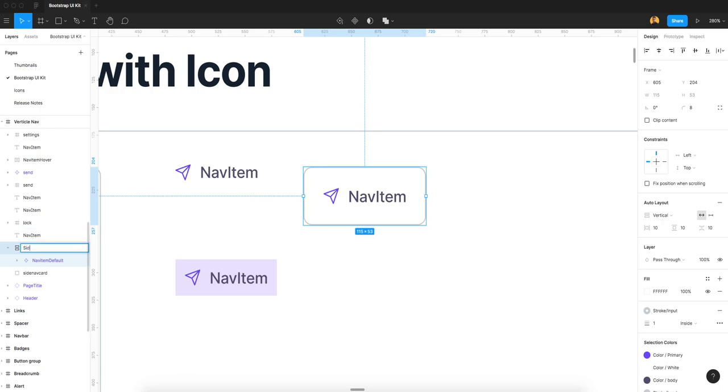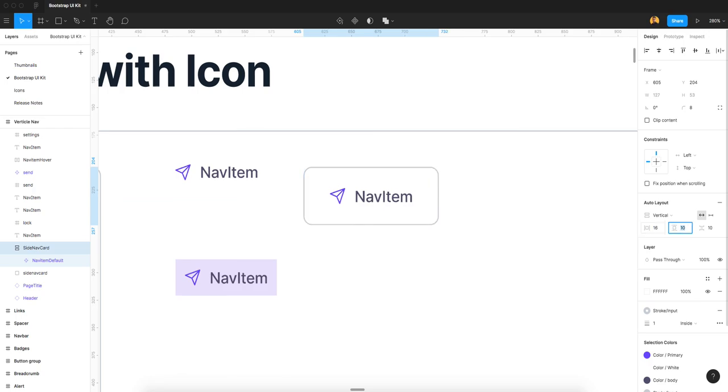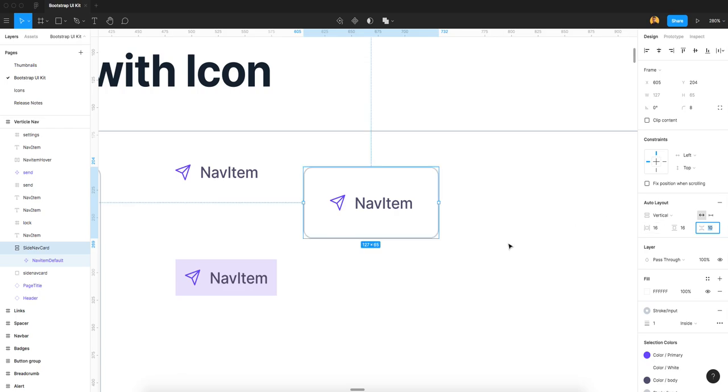Now I'm going to name it side nav card. See, now you will see you have a total space left right of 10 pixel, vertical space will be 10 pixels. Now I need 16 pixel left right and top bottom 16 and item between.